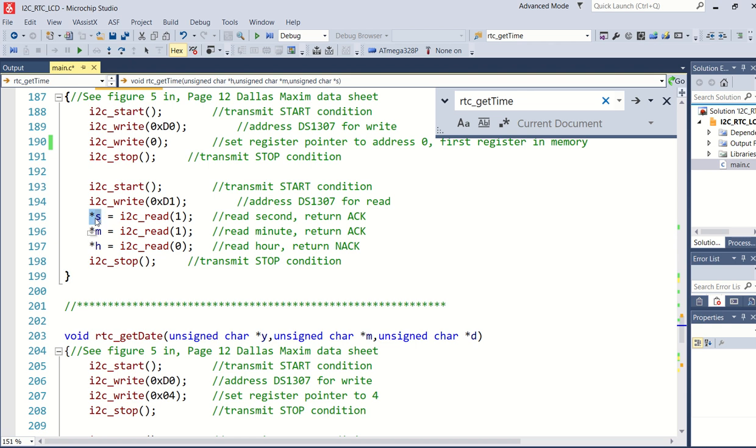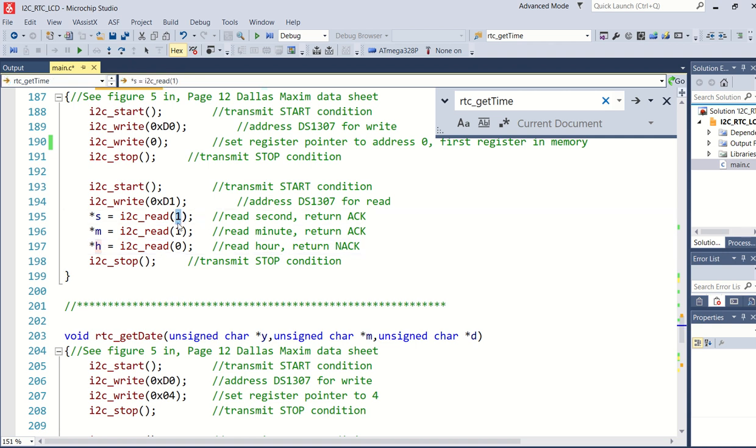So we'll place in sec the first value that we read now from address 0, which is the seconds. Then in min, we will place the value that we receive from the real-time clock. And then in hour, we will place the time that we've received again from the real-time clock.